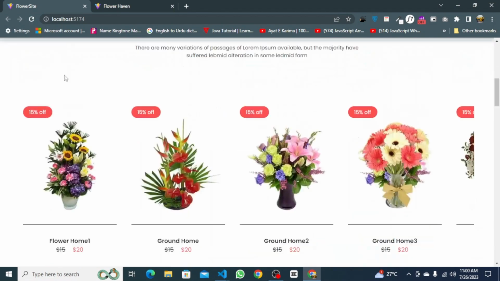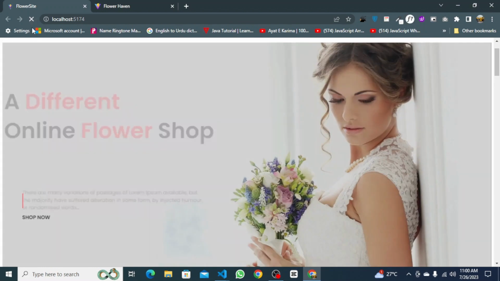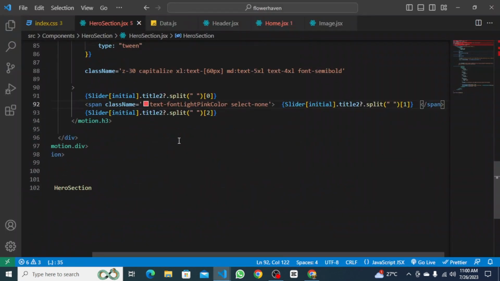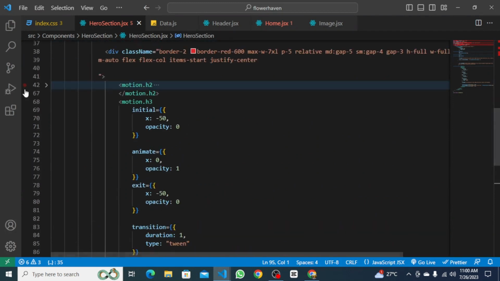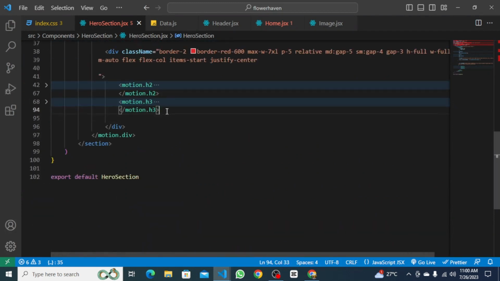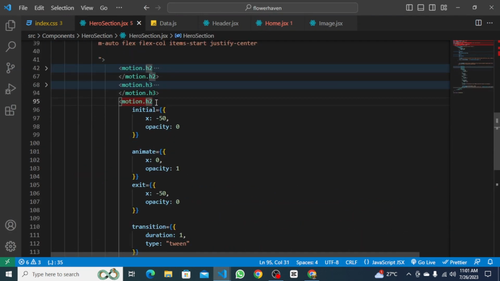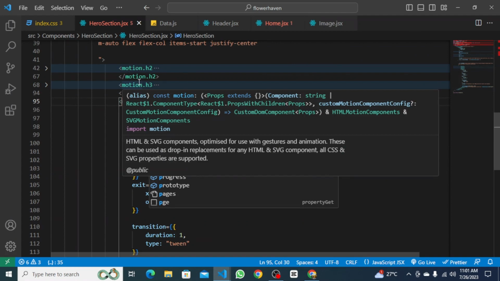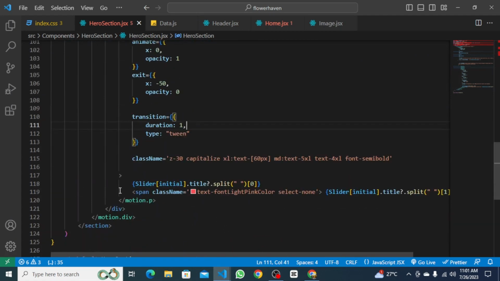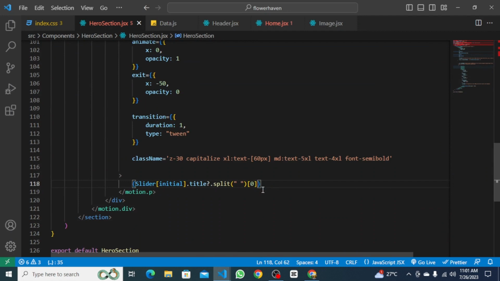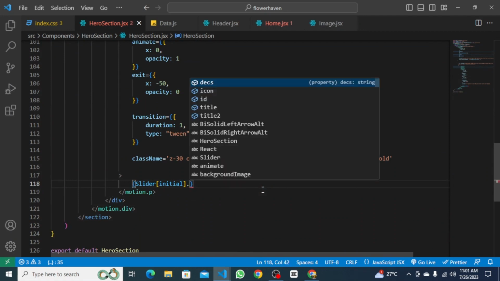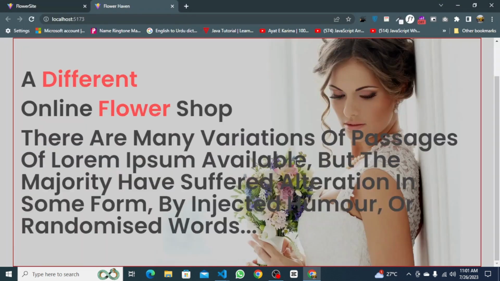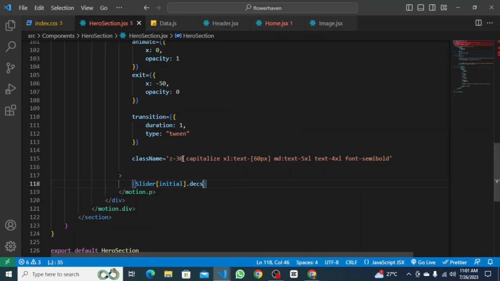Now it's time to make the text. So I am just copying, make it P paragraph. P means paragraph. Okay. Just get rid of it and it will be description. Now it's looking ugly, but